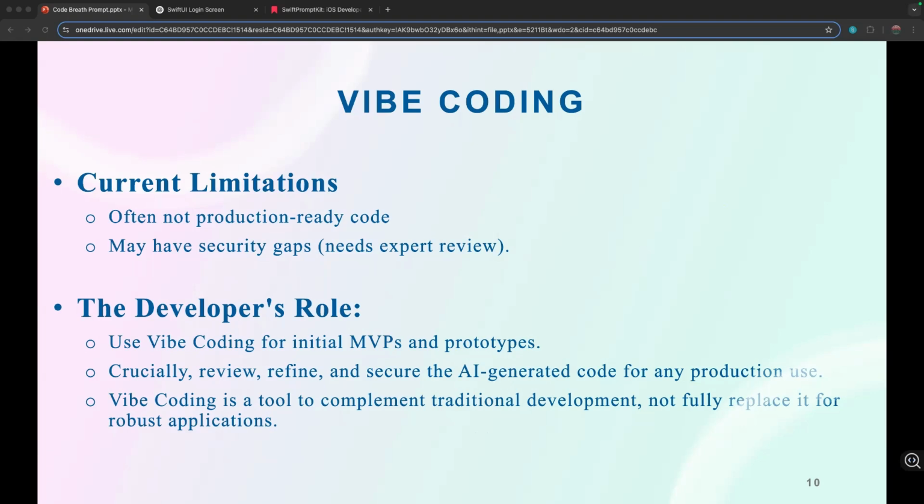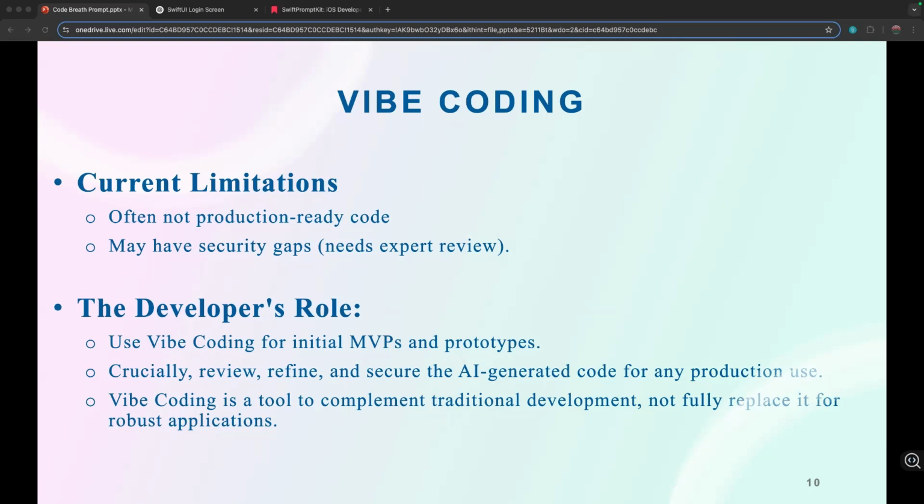That's where our role comes in. As I mentioned earlier, we can use it for MVPs and prototypes, but it should be carefully reviewed by a developer and also secured, so it can be ready for production use.